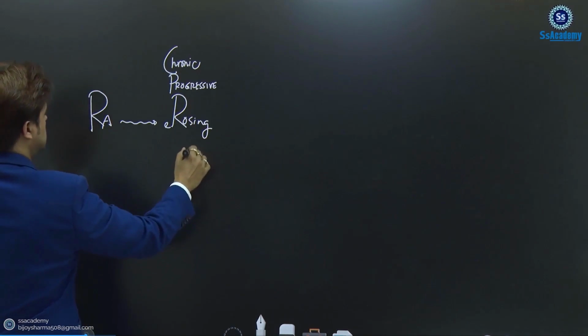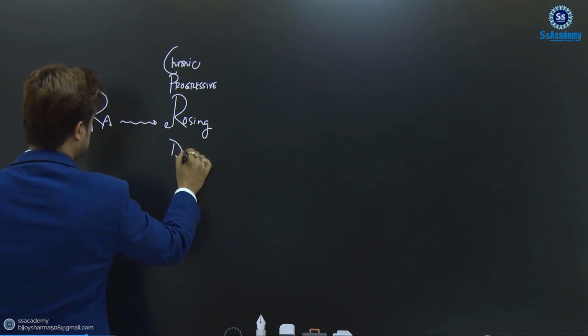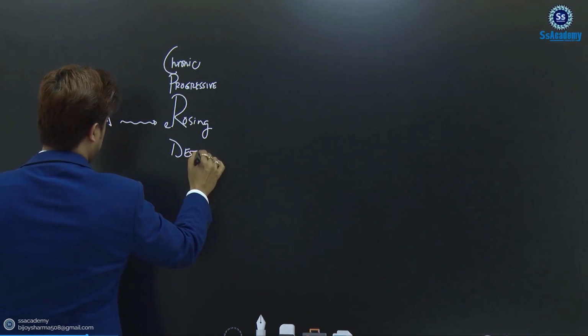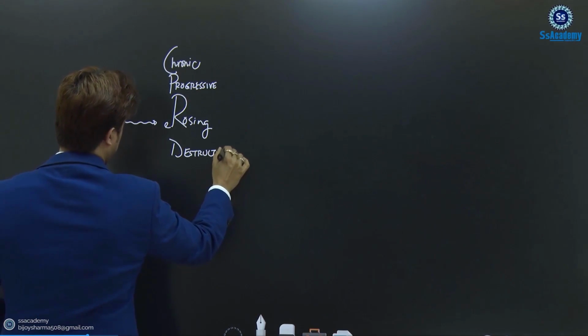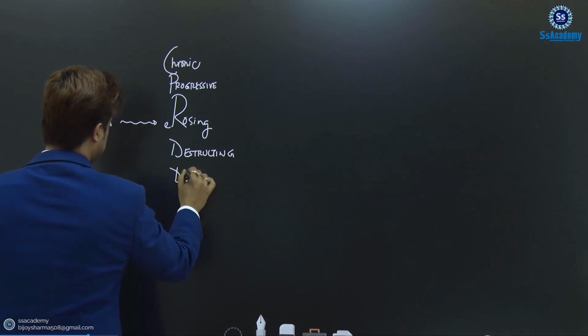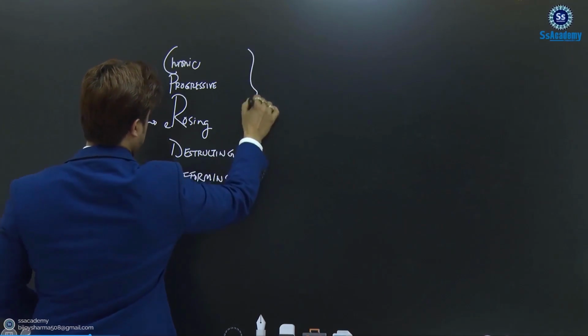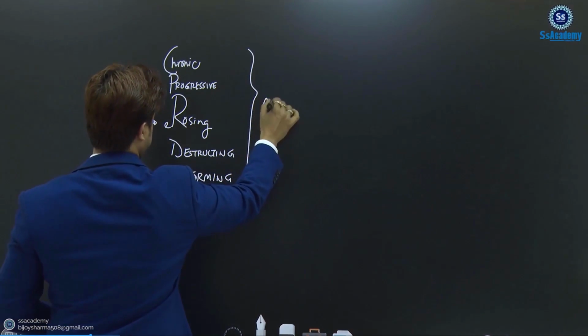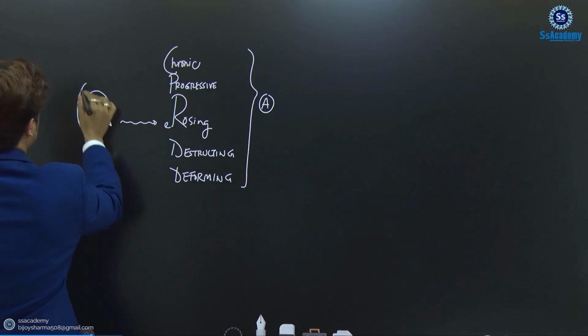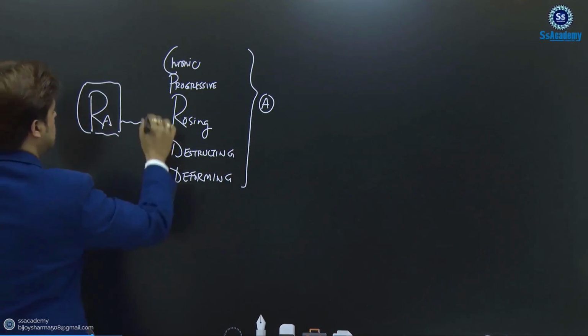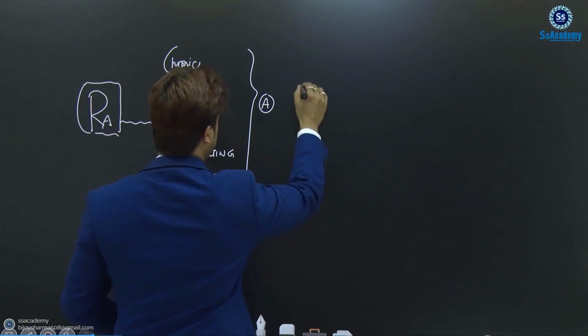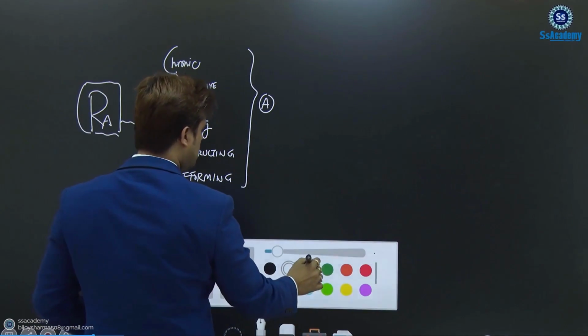Chronic progressive erosing, destructing, and deforming arthropathy, my dear. So this is the definition of rheumatoid arthritis. If we are saying chronic, what does chronic really mean, my dear? Chronic really means